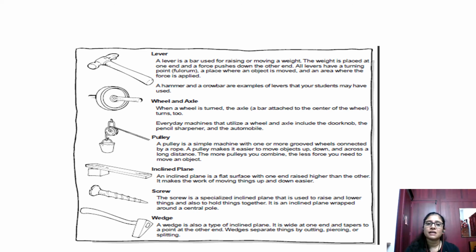So that's all for today. I hope you have understood this. Please go through each and every slide. I am going to attach the A to Z book also, so that it is more interesting for you to understand the things. In future classes, we will be learning about the effects and impacts people have by using these simple machines.